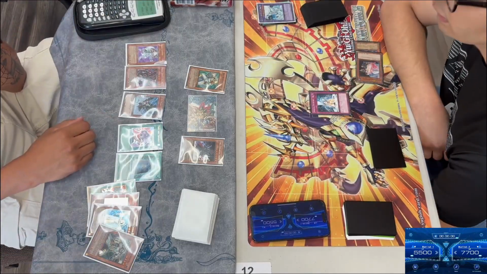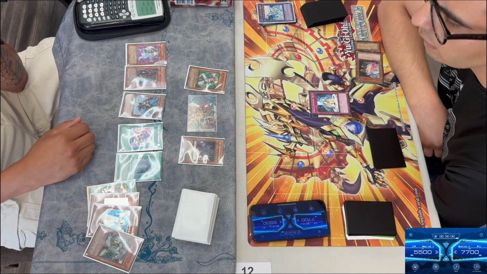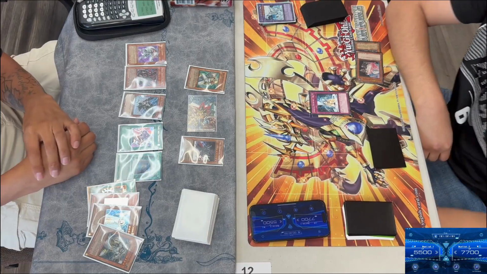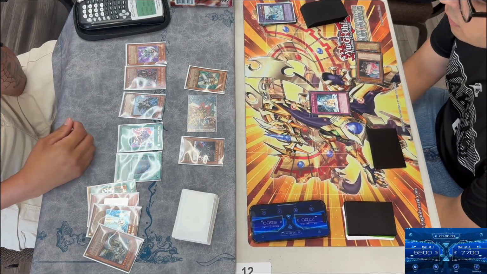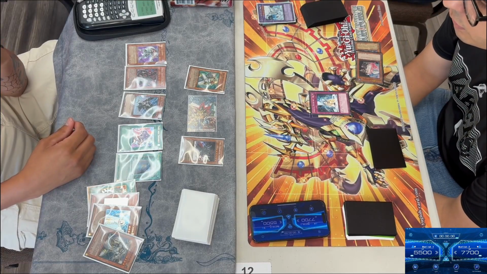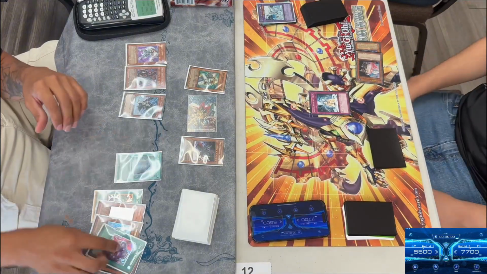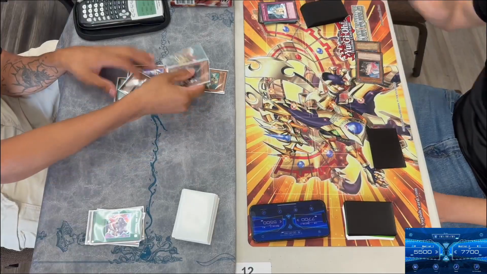Oh my god, Spiritual Water Art, tributing 0. We're gonna take a look at the hand. This is pretty gross. You just gotta take the Dark Arm. Or actually, it takes any card too. You can go for Pot of Avarice as well. But I think you just rip the Dark Arm. Would be safer. But